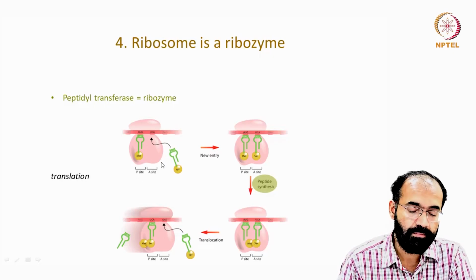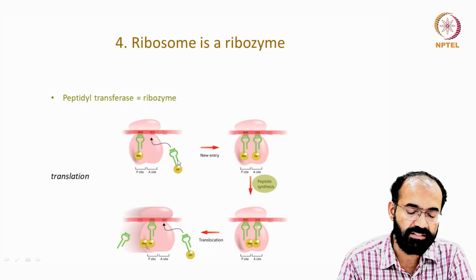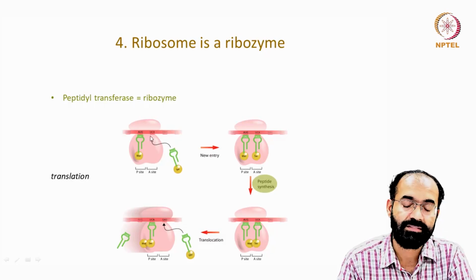So two sites are there in the ribosome, and it has got two units. One is a large subunit and a small subunit, and in the middle, what you are seeing is the mRNA. What you see, this green color small structure is a tRNA, and this yellow ball is the amino acid. So in the acceptor site, this tRNA amino acid complex comes in through the acceptor site, and we call it